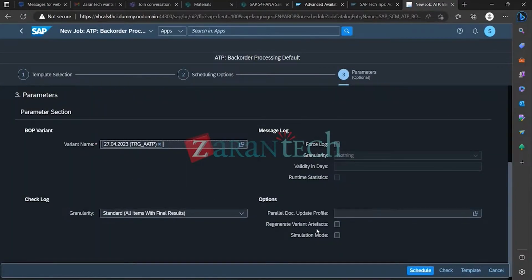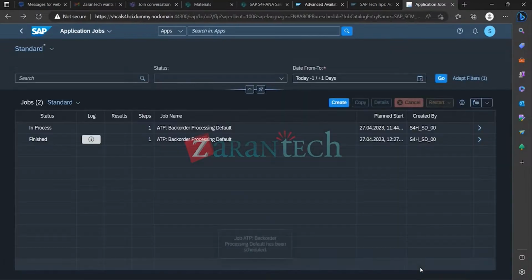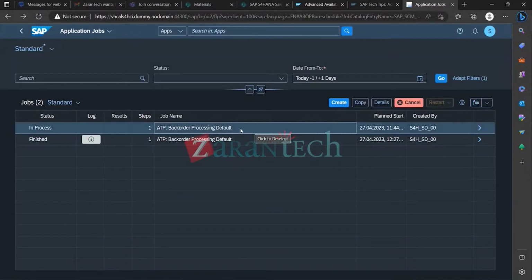Then click on schedule. This is not mandatory. So the job has been scheduled. ATP, this one, is now scheduled in process. This one was already done yesterday. Okay, so now we have done the variant. We have run the variant. So the next step is